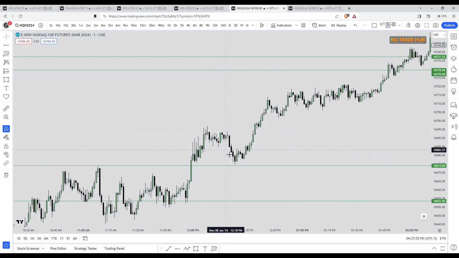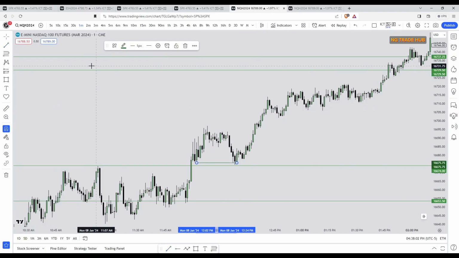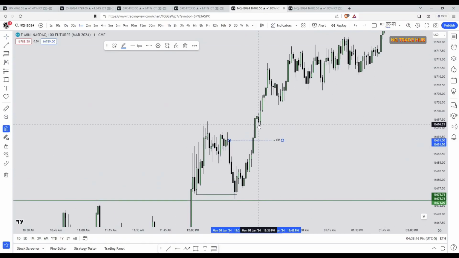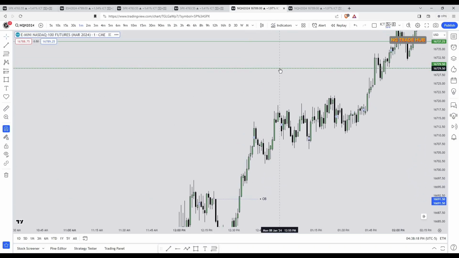Price broke above this high, returned back, took out sell side liquidity, and then it expanded higher. So once I see this, this is a sign to me. Price took out buy side. Once it takes out that buy side, I want to see a run on sell side, and then I want to see it expand higher. It did that. So in here, I could take a long, and I could target the next buy side above,